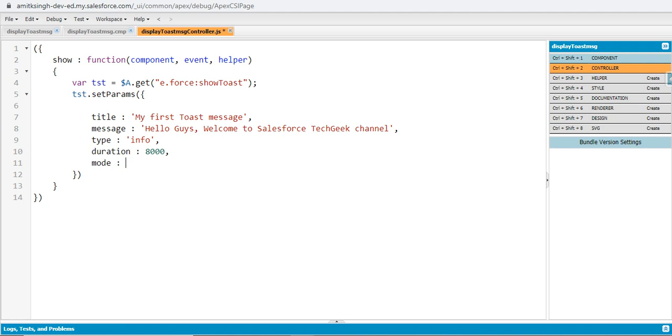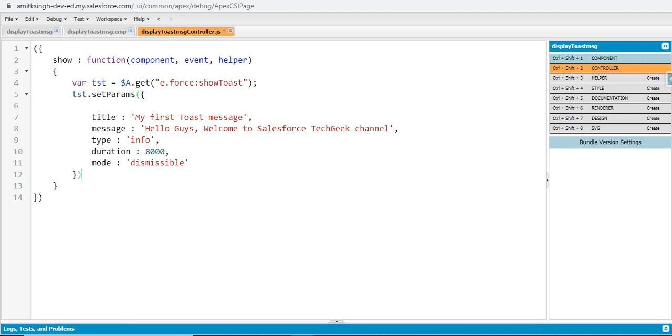The first one is dismissible, the second one is pester, and the third one is sticky. For this video I'm showing only how the dismissible mode will work on the toast message. In my coming videos I will show you how the modes pester and sticky will work.